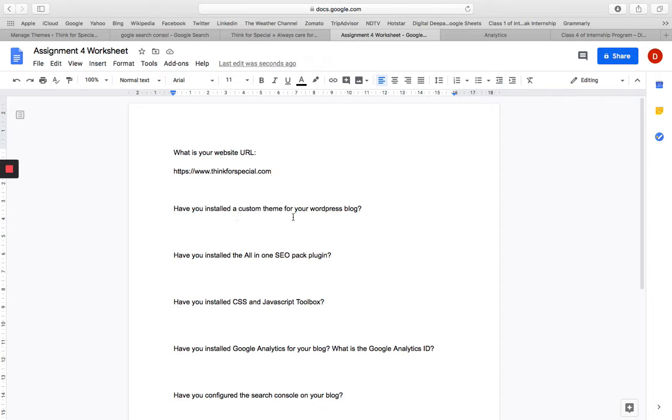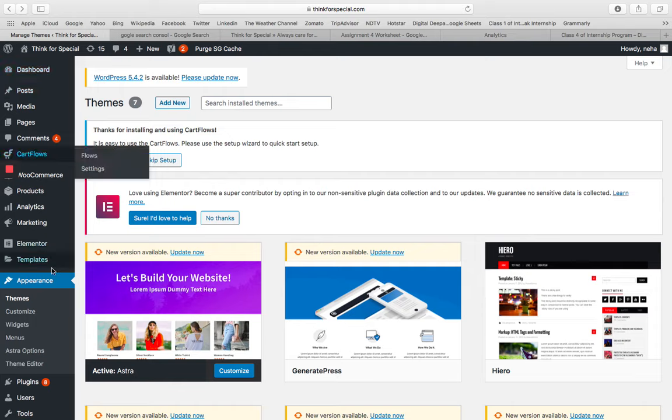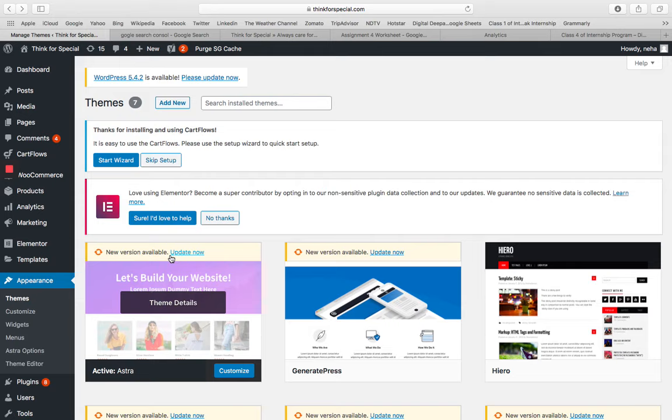Have you installed a custom theme for your WordPress blog? It means we have to install a theme in our website. So for this we need to go to our dashboard of WordPress website, and from here go to appearance and go to themes, and you will come to this page. But do you know what themes do for our website?